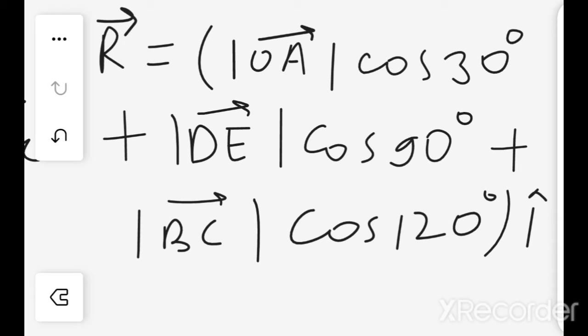Okay, so the first vector is making an angle of 30 degrees with the x-axis, the second vector is making an angle of 90 degrees with the x-axis, and the third vector is making an angle of 120 degrees with the x-axis. So that's why we are taking it like this. Now let us